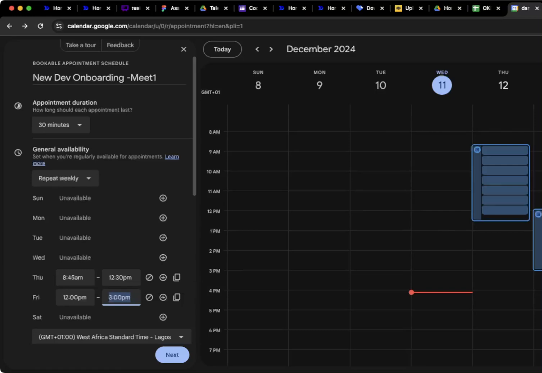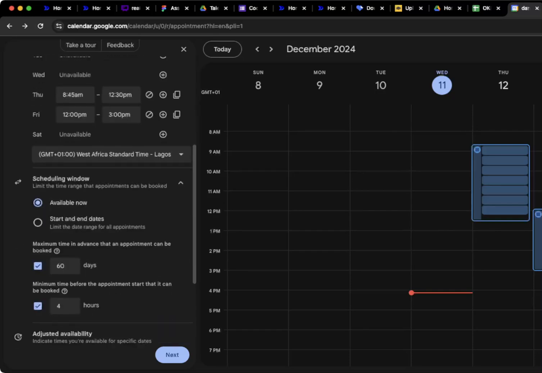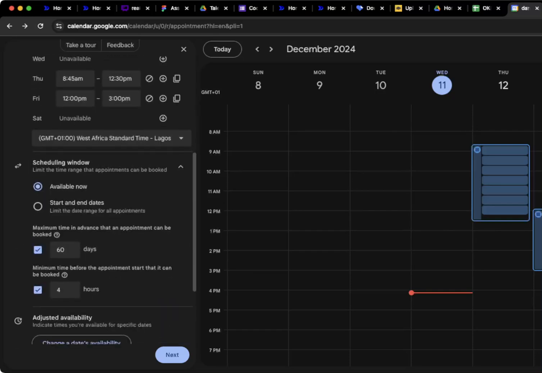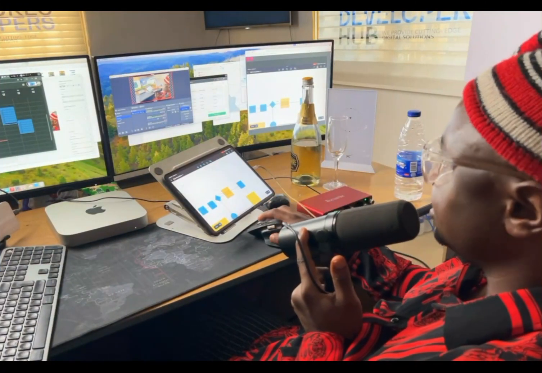So this is the title. This is how long each of the appointments would last. I set it for 30 minutes, so we don't go above 30 minutes. So this means each slot is like 30 minutes. This person has 30 minutes for the meeting. So now this is scheduling windows, and this scheduling windows practically is now like, okay, let me switch over to